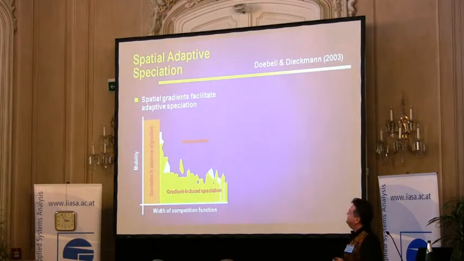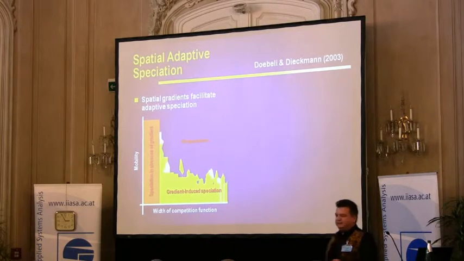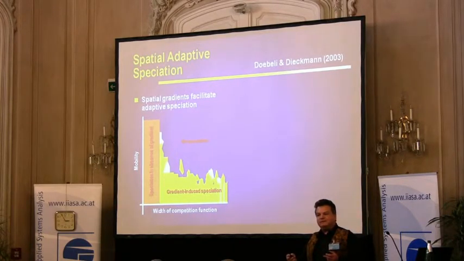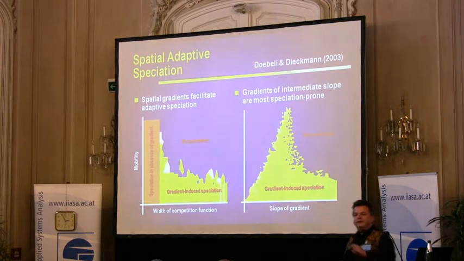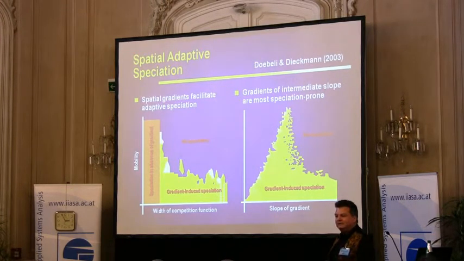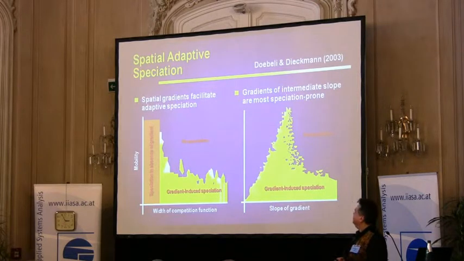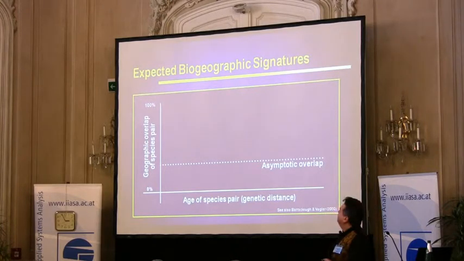I don't want to go into too much detail, but in addition to the abutment, which we found surprising when we started this, there were two further surprises. One was that even in populations where without gradients there would be no branching, the gradient alone introduced a selective force towards branching. And the second surprise was that gradients of intermediate slope were most prone, most readily gave rise to the speciation process. Now, coming back to the biogeographic pattern and interpreting their signatures, here I have adopted a diagram